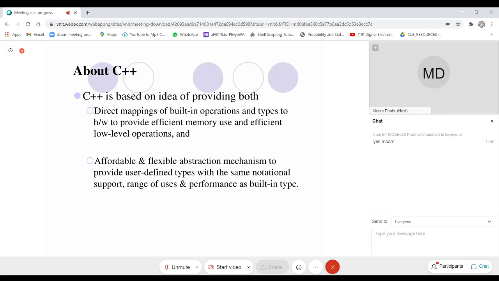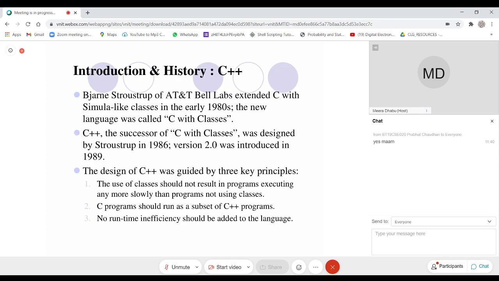Brief history. Stroustrup at AT&T Bell Labs extended C with classes in the early 1980s, and at that time they called it C with classes. They added the features which they thought would be useful for the programmer, similar to what already existed, and they called that language C with classes.